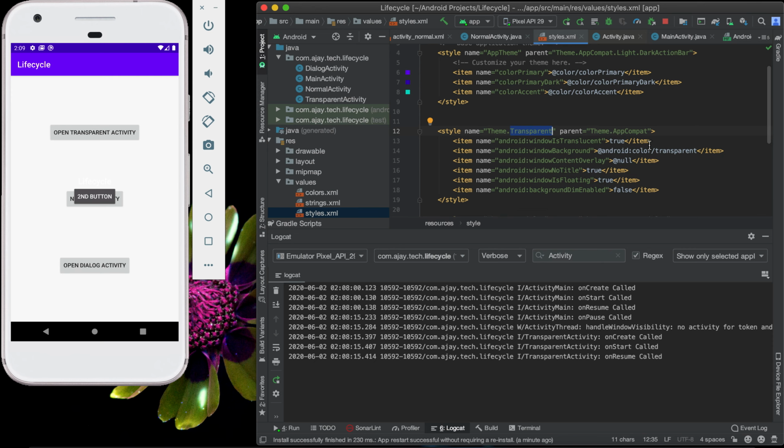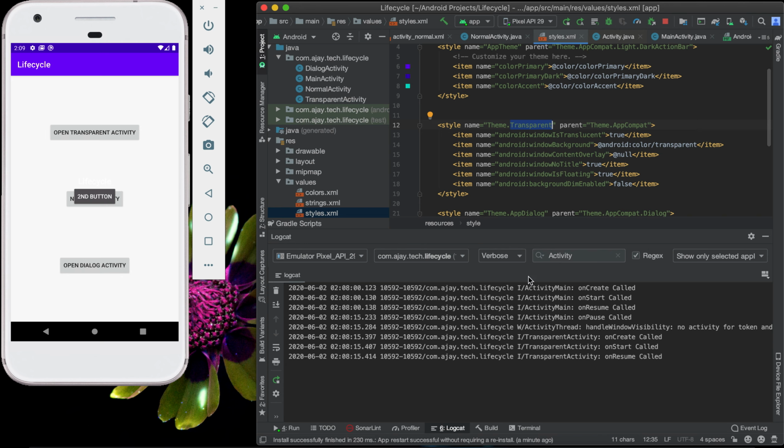So in this case our back activity is visible but we can't interact with it. We can't directly interact with our main activity because the main activity is in the back and the transparent activity is up, so the user can interact with the transparent activity, which has a label with the name of the second button.